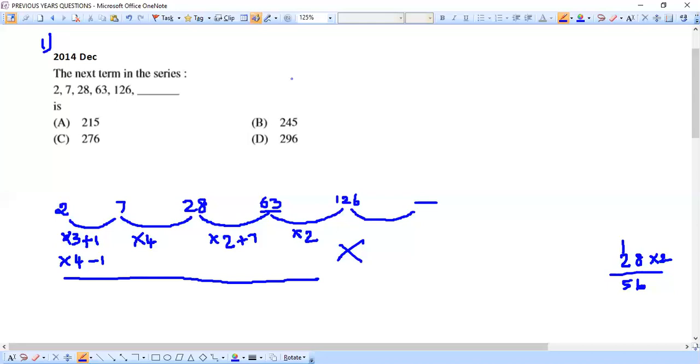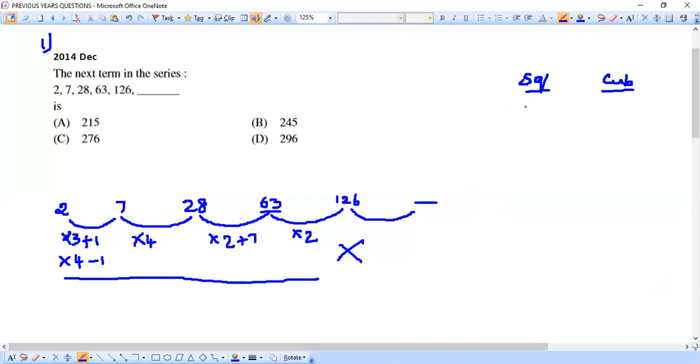So if addition is not helping, if multiplication is not helping, then what next we can do? We have to remember the other things also. What are the other things to remember? Do you remember? We have seen about squares and cubes also. So don't forget them. Squares we have seen and cubes also we have seen, okay? And also I've separately given you the squares and cubes of the first 10 numbers. If you remember, we have seen them.